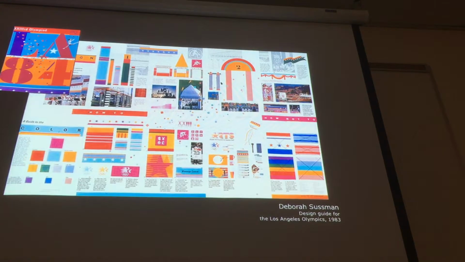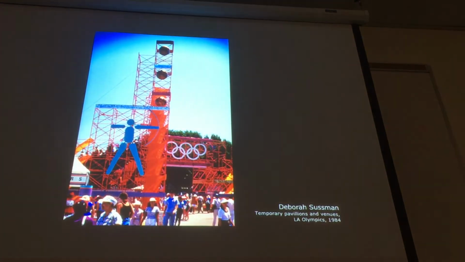And then on top of it, because she didn't have much money to spend on things like Olympic Park, she had to find ways to build these parks without actually building real architectural structures. So instead she used scaffolding, like the scaffolding that you would use to construct a building, on the outside of the building, as you're putting up the sheetrock or the curtain wall system. And so she ended up using that kind of scaffolding, spray painting it bright colors, and then applying the graphics in a superficial way as plywood over top of the scaffolding structure.